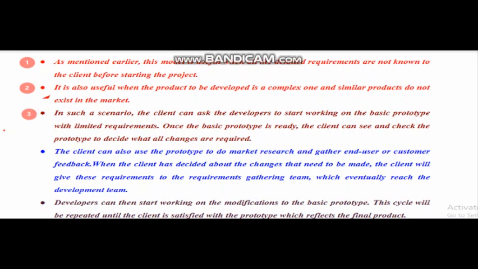What is the third? In this scenario, we may develop a prototype and provide it to the customer or client, and after taking valuable feedback, we get an idea of how exactly the customer needs the software, and we also come to know how to develop that new software. This is a novel approach. Suppose we don't have any software in the market and we are developing a new software for the first time. During such situations we go for the prototyping approach.